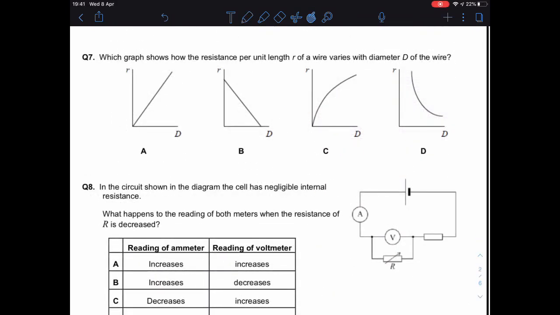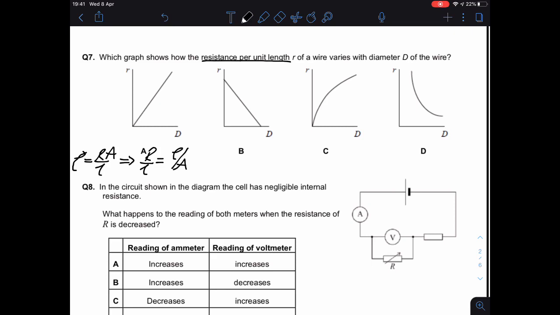Okay, question 7 is one of the more difficult questions on the paper, I think. It requires you to make the link to resistivity and its formula. If you can remember, the formula for resistivity, we give it the symbol Greek letter rho. It's equal to RA over L. Now, this term resistance per unit length in the question is in fact R over L. So if we rearrange our equation, it follows that R over L is equal to rho over A,